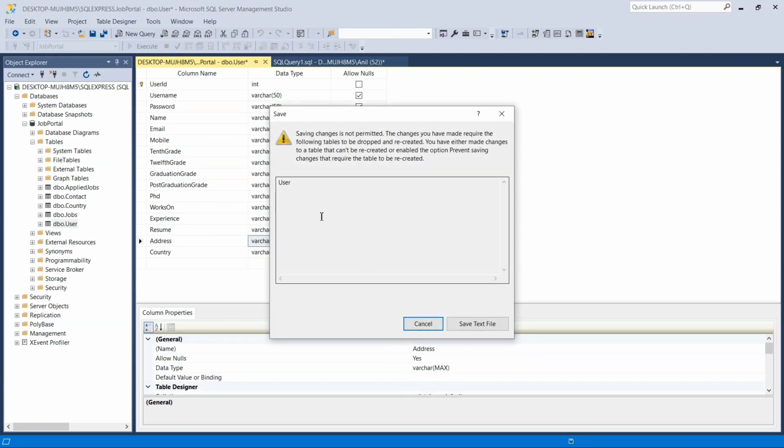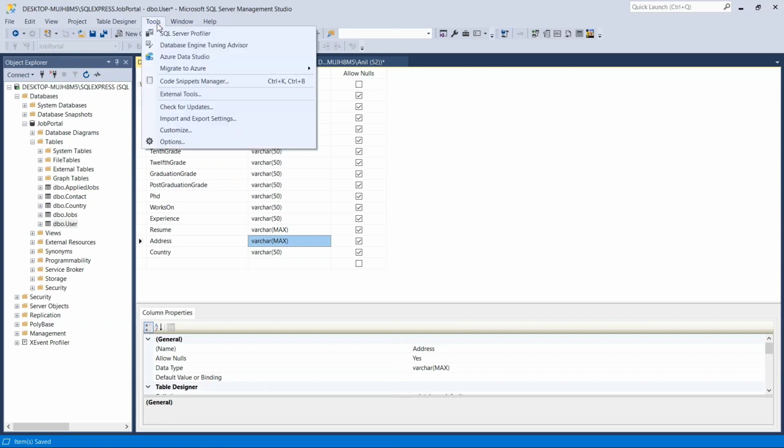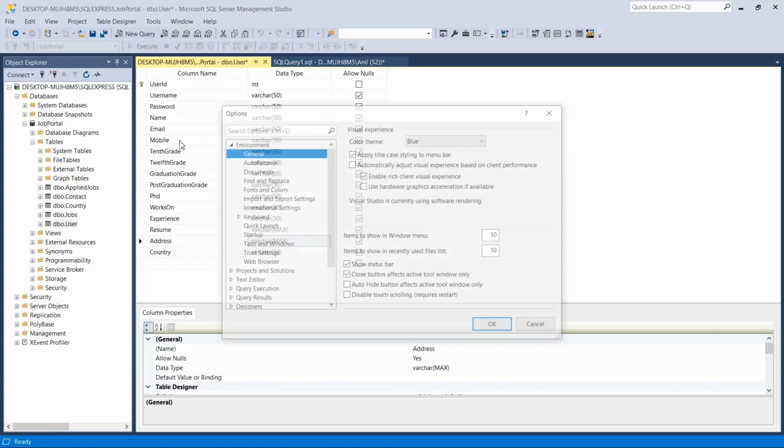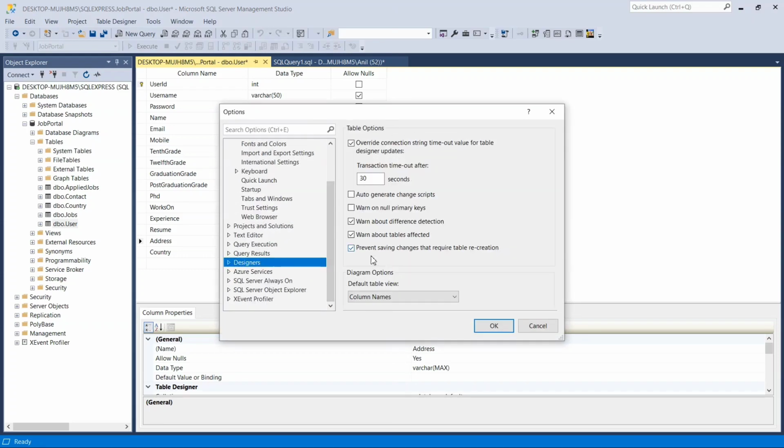I've recently installed this SQL Server Management Studio, so it didn't allow me to save changes or update tables. For that I have to go to Tools, then Options, here in Designer, and untick Prevent saving changes that require table recreation.